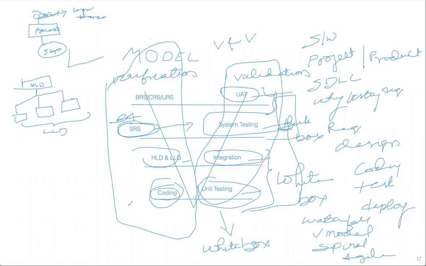So here there will be two terms we call static and dynamic. So are you clear about the verification and validation model? This is one of the model methodologies from the SDLC process. So it is clear what verification is and what validation is, and how we follow the V model in the software industry, right? Any questions?